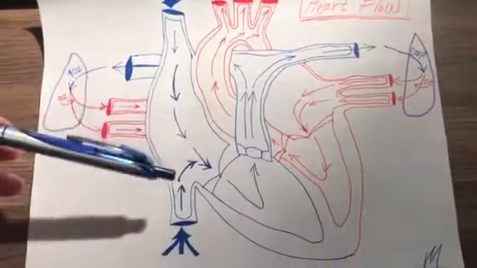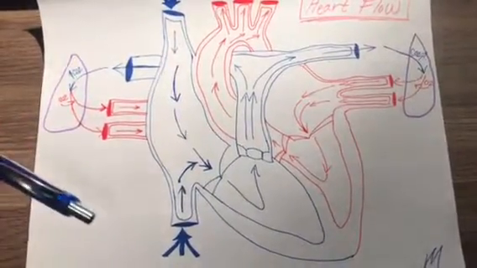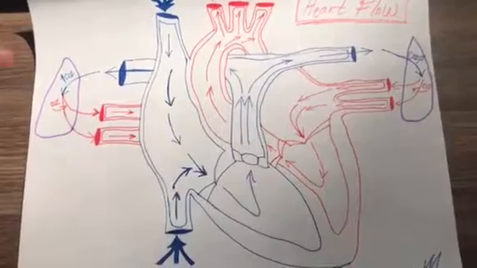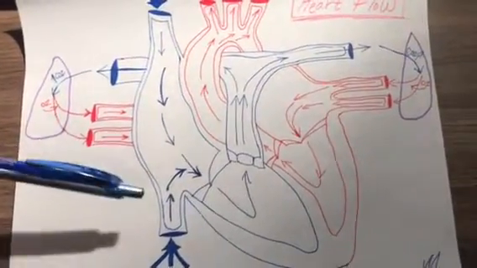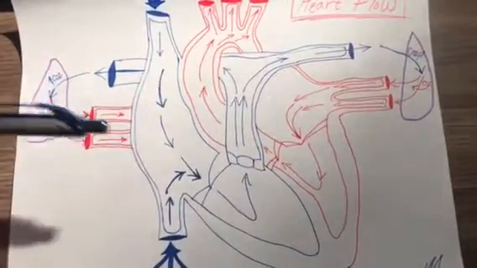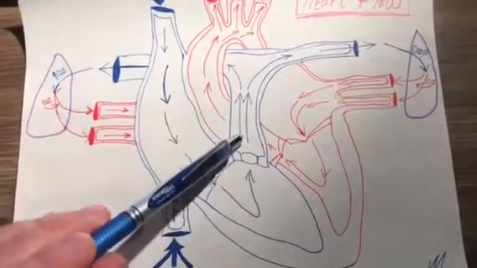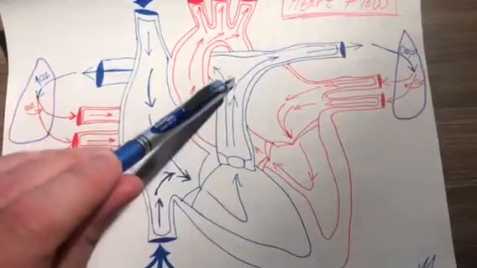Something that a lot of you probably heard already is the difference between arteries and veins: veins carry blood towards the heart and arteries carry blood away from the heart. That's easy to remember because artery starts with A and so does the word away, so that's how I remember it. So it comes up here through the pulmonary artery,